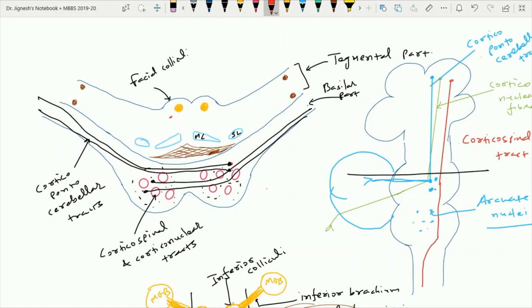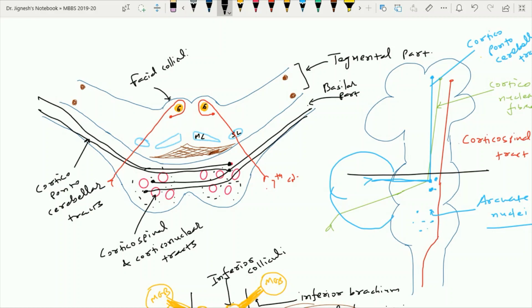and these fibers are the seventh cranial nerve fibers, which pass ventral, then medial, then dorsal, and after coming out from this dorsal aspect, they pierce the spinal lemniscus to continue as the seventh nerve. So on the same side, these fibers of the facial nerve will pass like this.